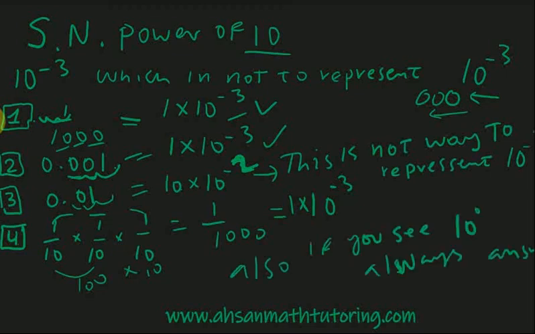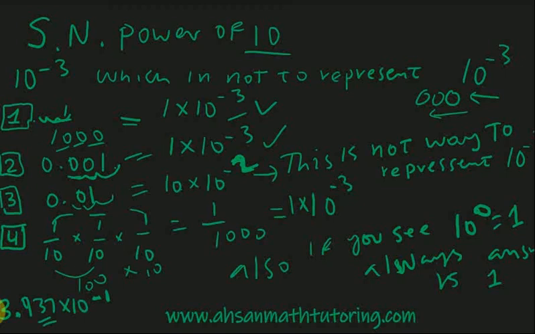Also, if you see 10 to the power of 0, the answer is always what? It is 1, all right? 10 to the power of 0 is equal to 1. Anything that has 0 power is always 1, okay? So let's say you have